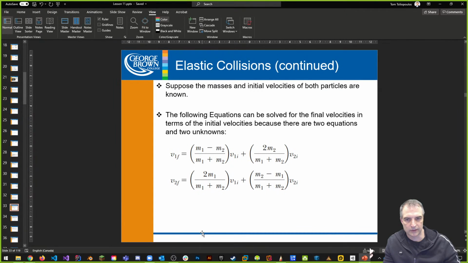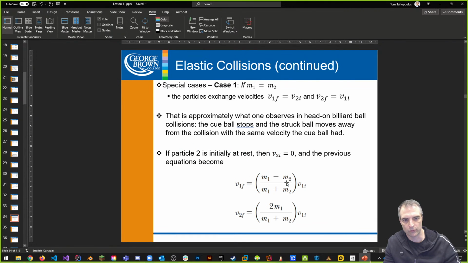And it's showing this right here. Suppose the masses and the initial velocities of both particles are known. Well, then once we know this, all it's doing is deriving the equation. We can remove the velocity and the masses, and once we remove the masses, we can reduce it to the equation.